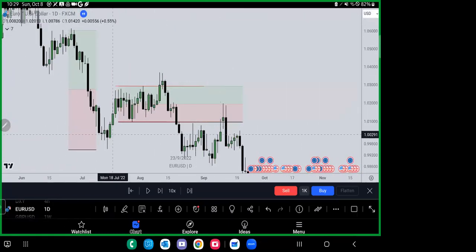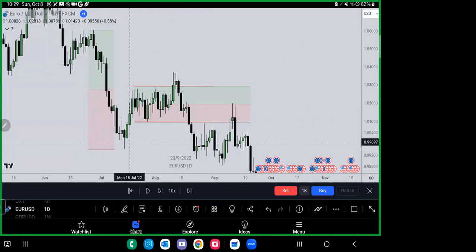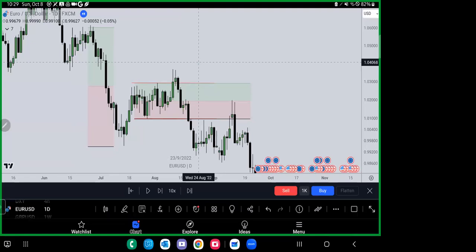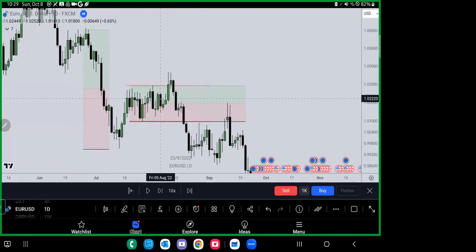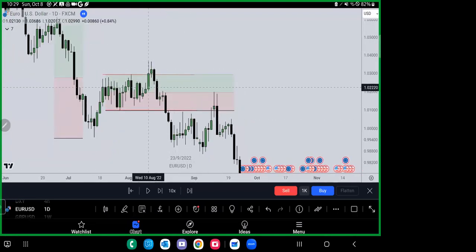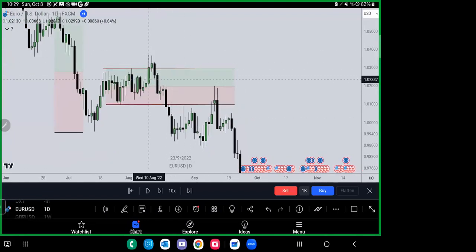I'm looking at this range. Price is trading stops to inefficiency. I want it to trade to inefficiency, and I want to see signs of changes in the state of delivery. I want to see bearish dealing ranges, so on and so forth. Okay, so if you look right here, if we take this very first candle, I'm sorry, not this candle, but